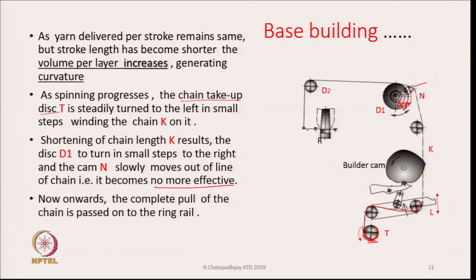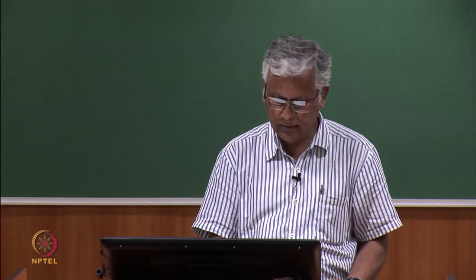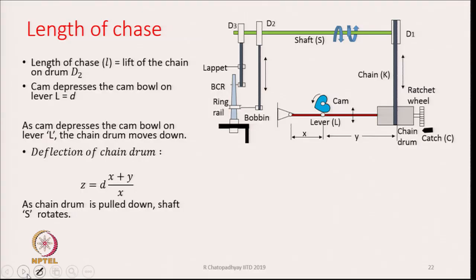So, normal movement of the ring rail will start and it will continue. That is how it is done. Can I calculate the length of chase if I know these, if we have this diagram with us and if we measure these various dimensions that are required, then we can find out what is going to be the chase